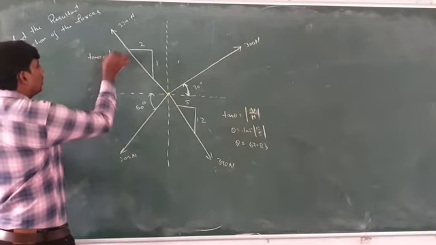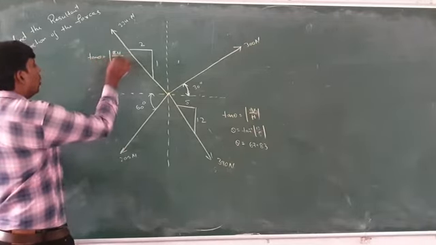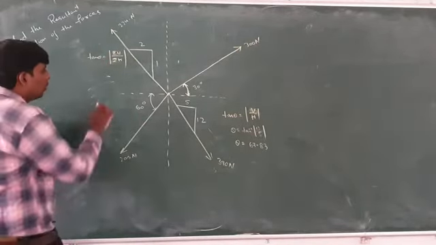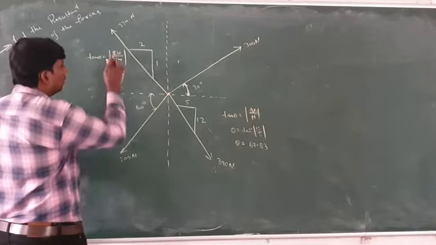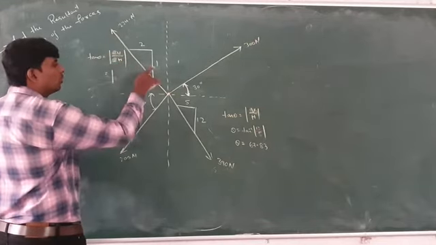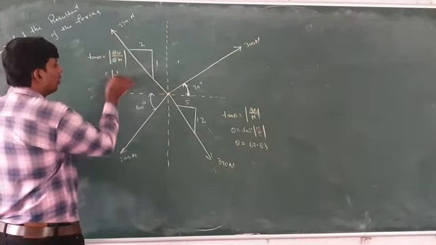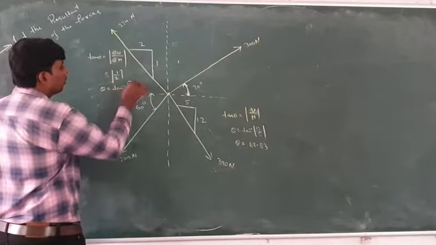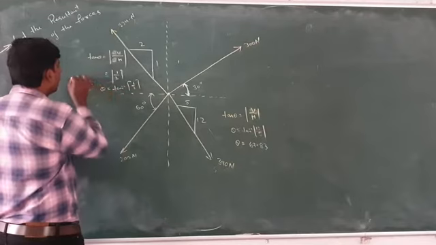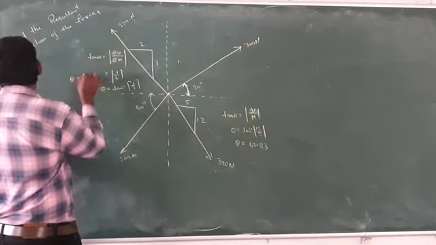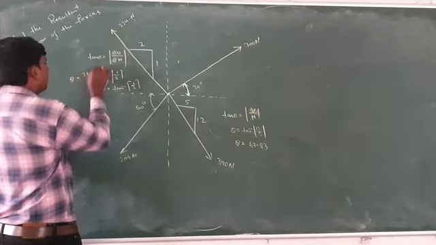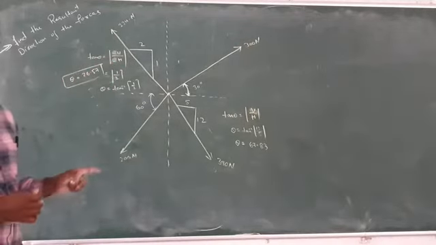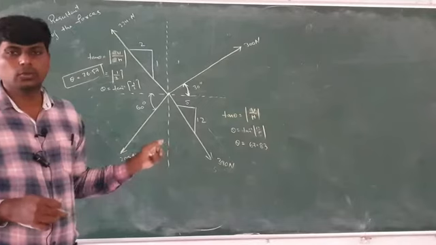Here also again you have to find tan theta is equal to the modulus of sum of vertical by sum of horizontal. So here only one force is there, right? Vertical is 1 and horizontal is 2. So theta is equal to tan inverse of 1 by 2. Here you will get theta is equal to 26.57.